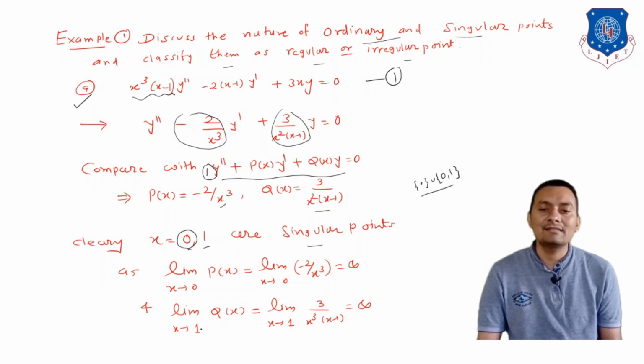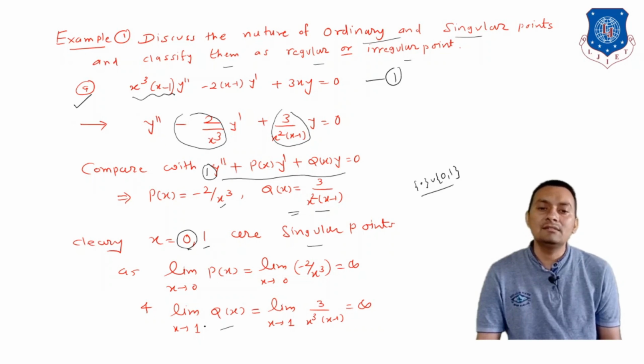Let us take the limit x tends to 1. If you start with this function, it is going to be finite, but this function is not going to be finite, that you can see, and therefore x is equal to 0 and 1 are nothing but singular points. So whenever we have finite quantities for the limiting functions p of x and q of x, then only we can say that the function is analytic at the particular point. Otherwise, if one of them, if both are not finite, then it will be a singular point.